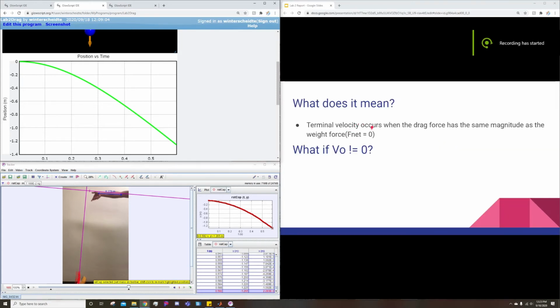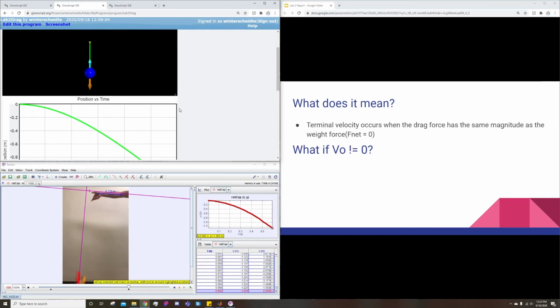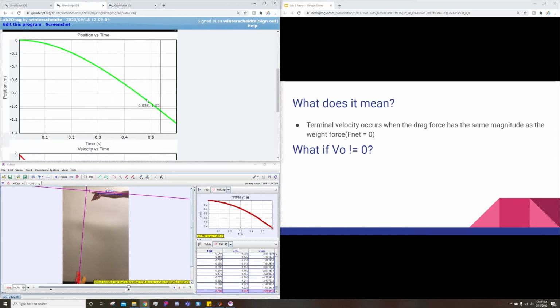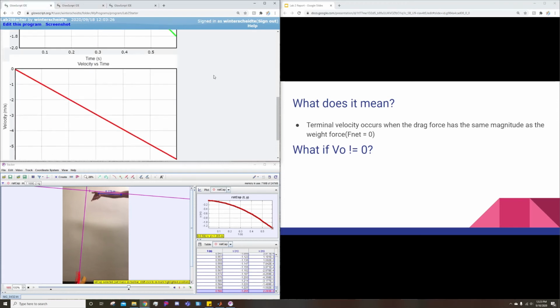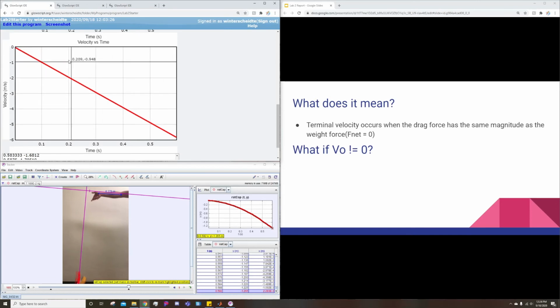Now one of the main questions of this lab is which of these two scripts would have a terminal velocity? And the answer to this is, of course, the one with drag, because terminal velocity is when the drag force has the same magnitude as the weight force, meaning that F net equals 0. And you can sort of see this in the velocity-time graph. This is the one with drag. It's sloping down and will eventually become just a straight line. In the original one, it is just a diagonal, and it will always stay a diagonal